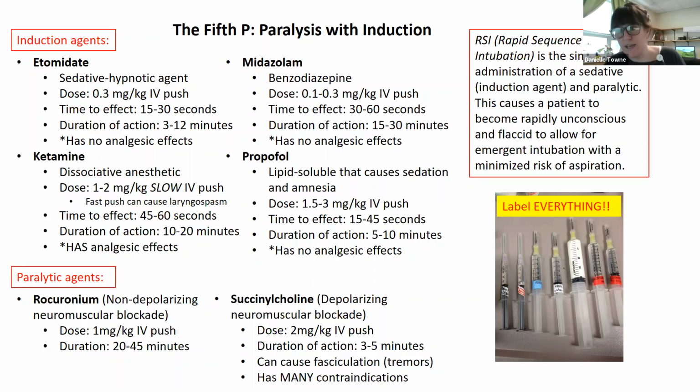There are a lot of contraindications: hyperkalemia, excessive burns, prolonged ICU stay. And so you really just want to be cautious in using it because for some patients, it's not the best. You also tend to never give more than 2 doses. So let's say you give a dose of succinylcholine and you have a failed intubation attempt. You bag the patient up. Now they're not paralyzed because it only lasts 3 to 5 minutes. You give another dose of succinylcholine